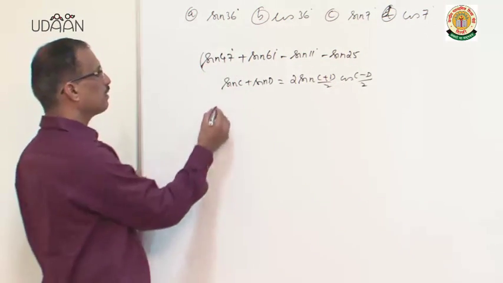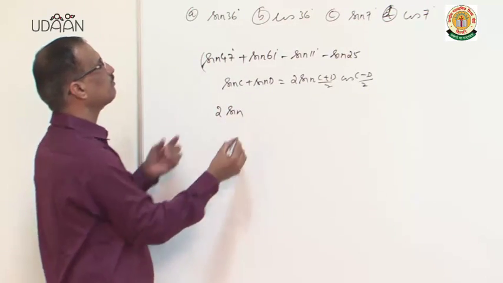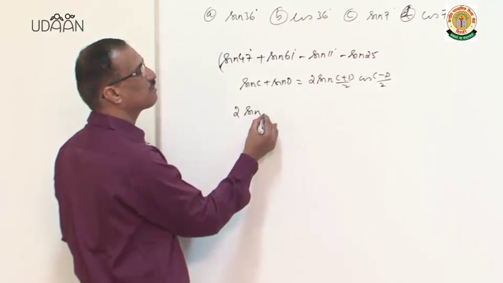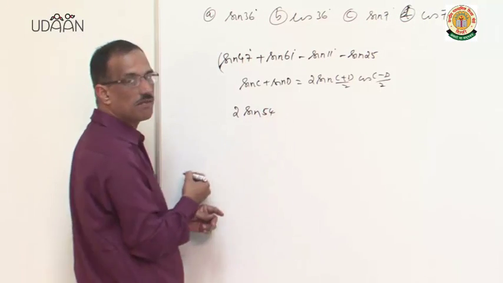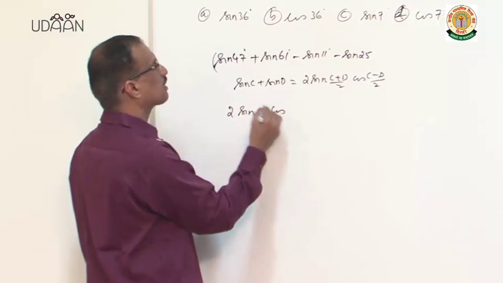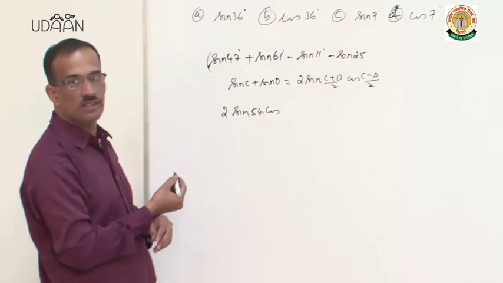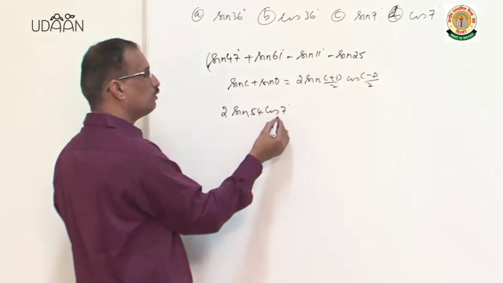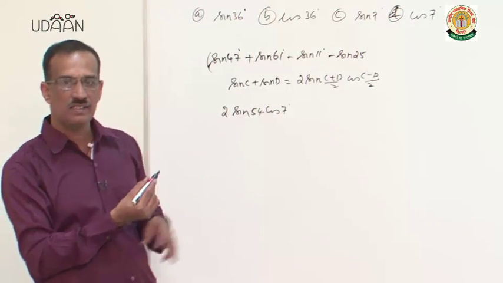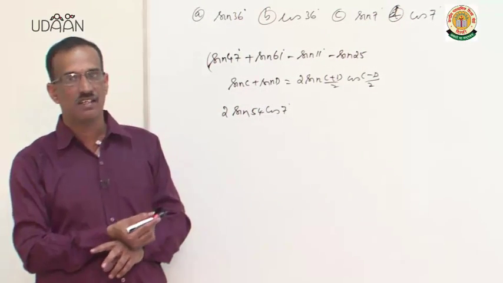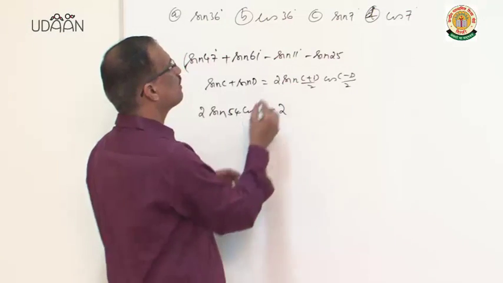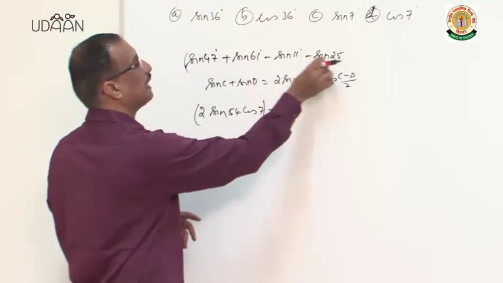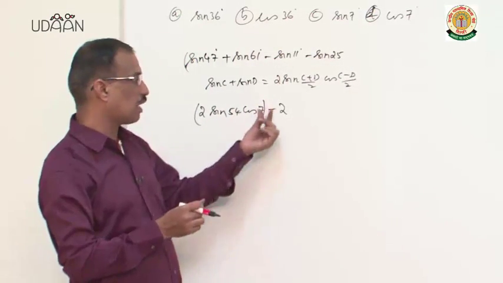So now here, 2 sin of (47 plus 61)/2, that gives us 108 by 2, that is 54, into cos of (this minus this), you get 14, 14 by 2 means 7. We know that cos of minus theta is cos theta because cos is an even function. Then minus: if you take minus out and group the other two,